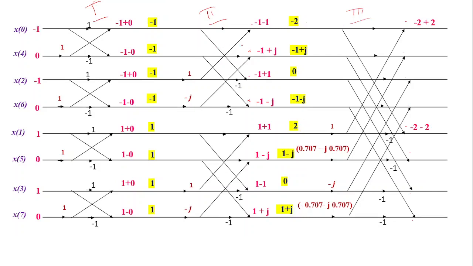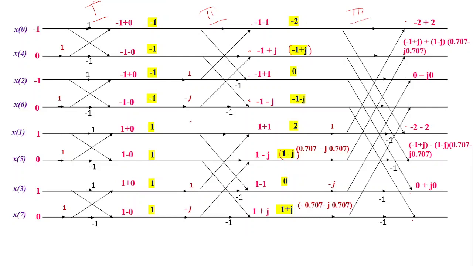Again, the brackets are very important, so here you can place it inside the bracket. The next inputs are -1 plus j and then 1 minus j. So (-1 plus j) plus (1 minus j) into the twiddle factor. Again I repeat, it's going to be A plus B into the twiddle factor. That's the meaning of it. Its corresponding pair value will be A minus B into the twiddle factor. Then 0, here it is 0 into minus j, so 0 minus j0, 0 plus j0.